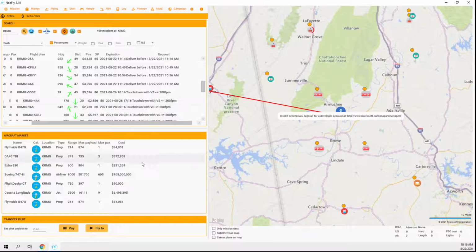Right here below that is your aircraft market. So currently at this airport, we could buy this aircraft for this amount of money. And each airport's got different aircraft that you can purchase. So like for me, oh, that's interesting. I don't know why there would be a Boeing 747 in Rome, Georgia, but who am I to know why that's there? But anyways,